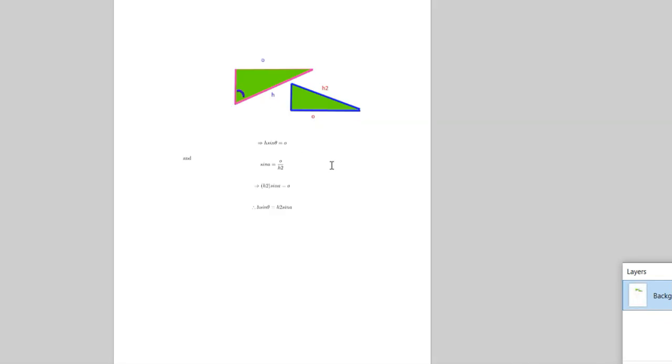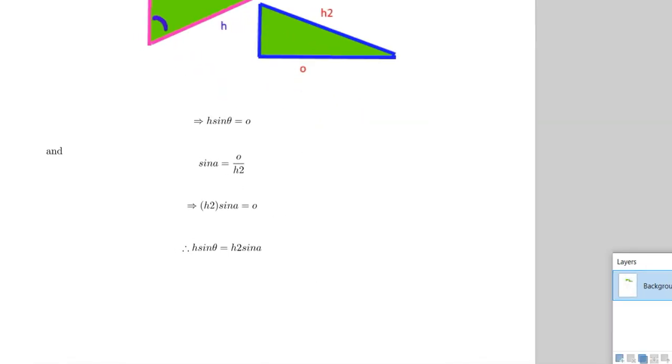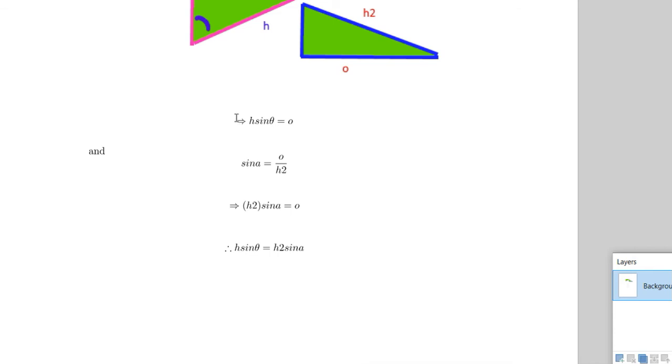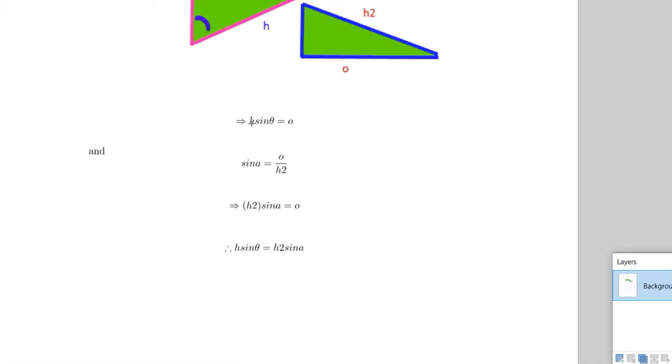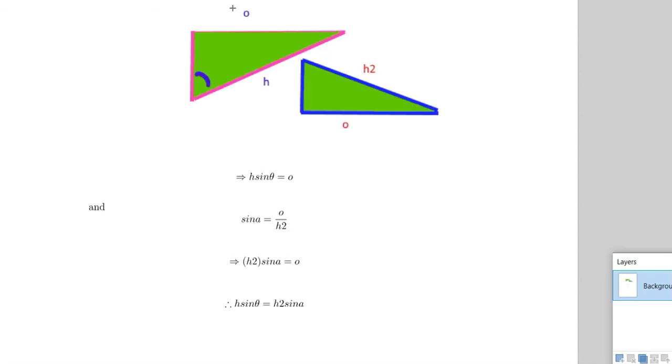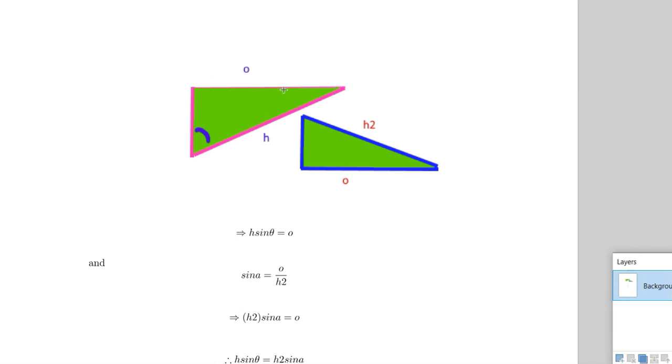Now, what we can do from that is a little bit of algebra. If I multiply both sides by h, so I times by h on this side, and then I times by h on this side, you would come across h sine theta equals opposite. Now, h sine theta is opposite is useful for this bottom part, but for the top triangle here,